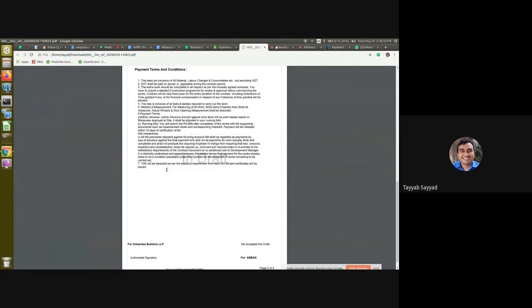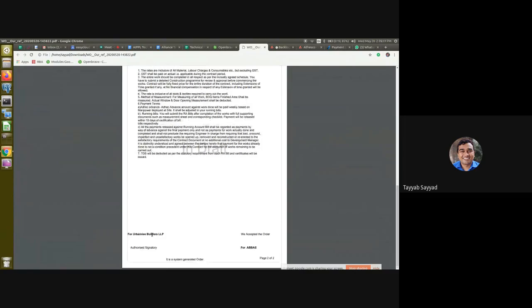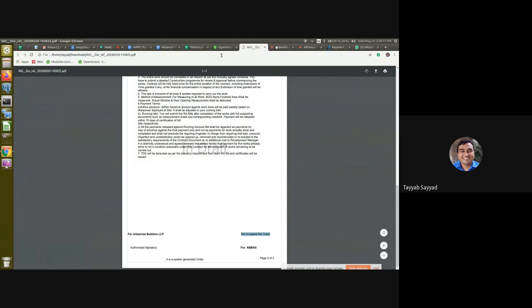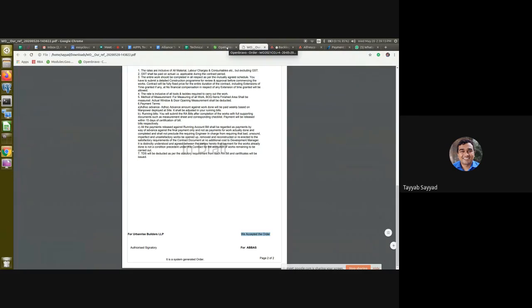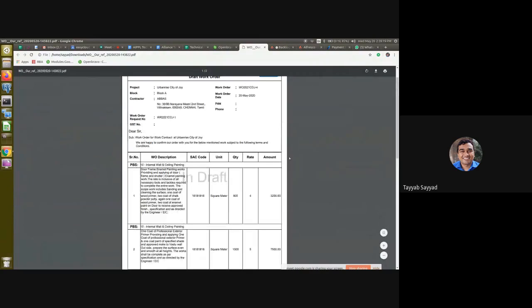The terms and conditions, again, will show up whatever we encoded in this one, and at the end we'll see the authorized signatory, and we accept the order for this one. So this will be the draft work order, and after approval, it will be the complete work order in this section.